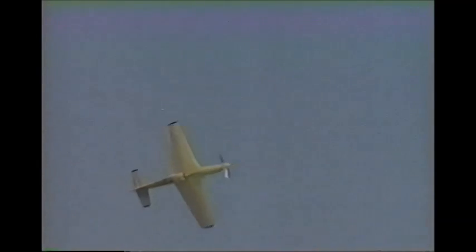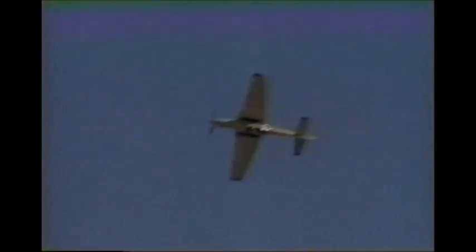As I've mentioned many times to people, both on the radio and in the stands, I think Bob's demonstration is so smooth that he sometimes loses the appreciation of the layman who doesn't fly. But he certainly has the awe and appreciation of all the pilots in the crowd. Probably one of the most flawless precision demonstrations in the world today. Now coming back